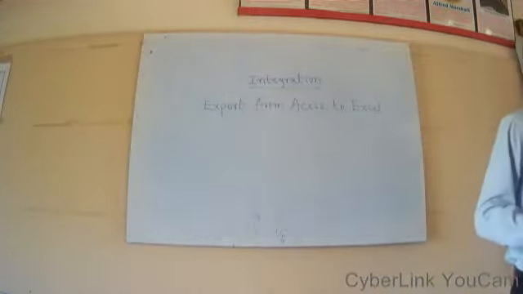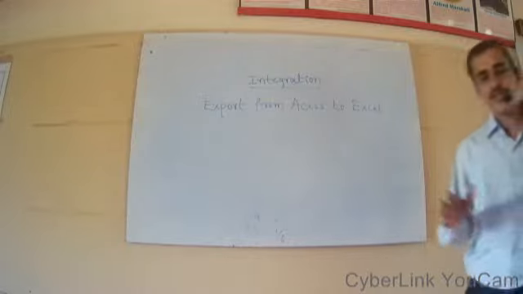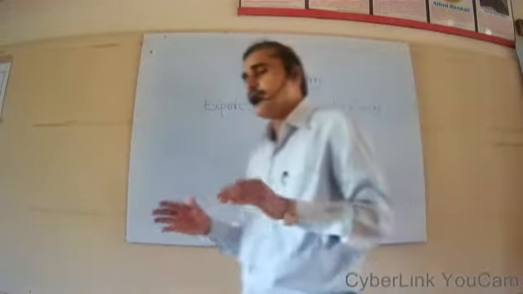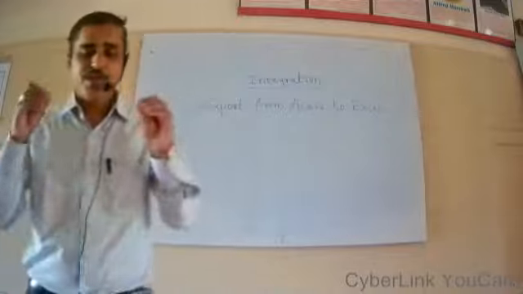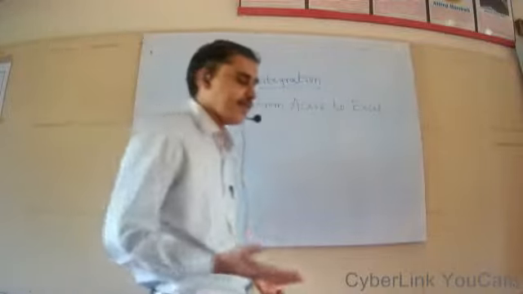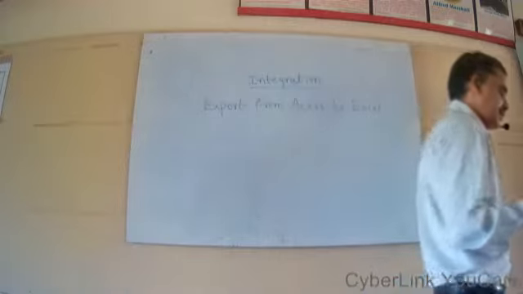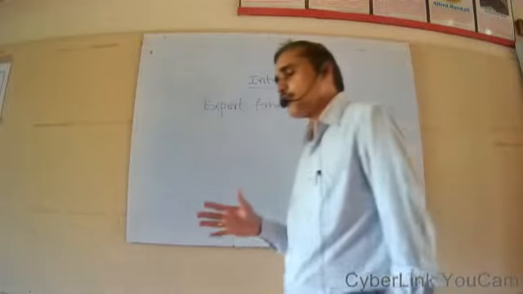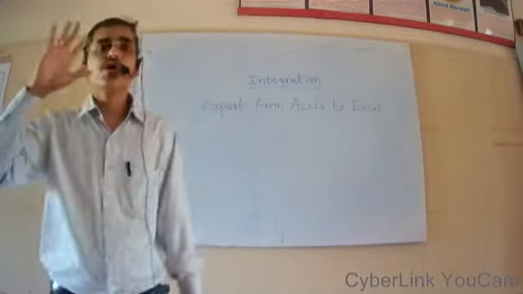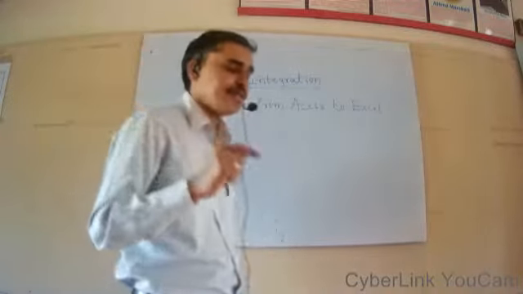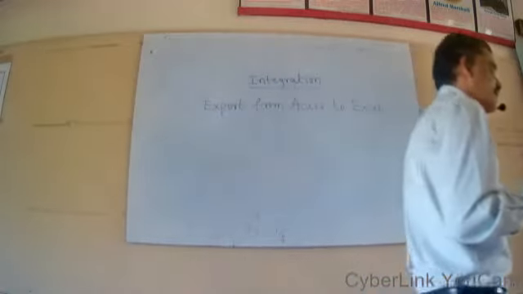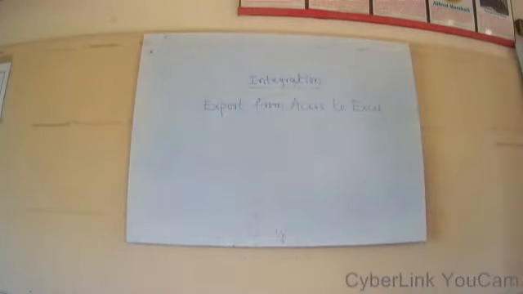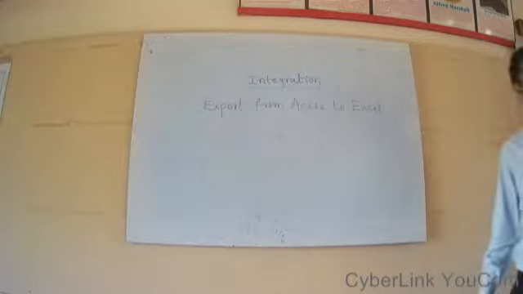Now I want to check whether this information is actually transferred or not, whether it is available in the particular location with the particular file name. How to do that? Still you are in MS Access, just the dialog box is closed, right? You can minimize MS Access or close it, no problem. Then where do we have to go? MS Excel, isn't it? Again we have to open MS Excel. For that, double click on MS Excel or open it from the start menu programs.